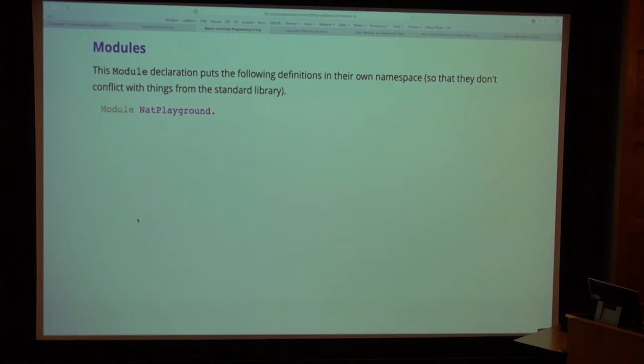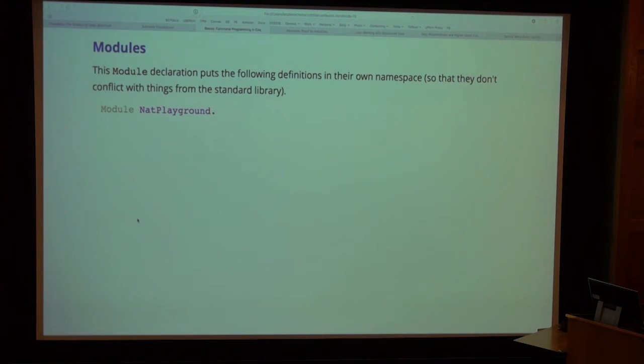Okay. You will see module declarations around the place. Coq has a rather powerful and interesting module system. It's based on the module system of OCaml, which in turn is based on the module system of Standard ML. However, we're not going to make very interesting use of the module system in these three days, certainly not very interesting use in the whole rest of the summer school, and you don't really need to know anything about how to use the module system.